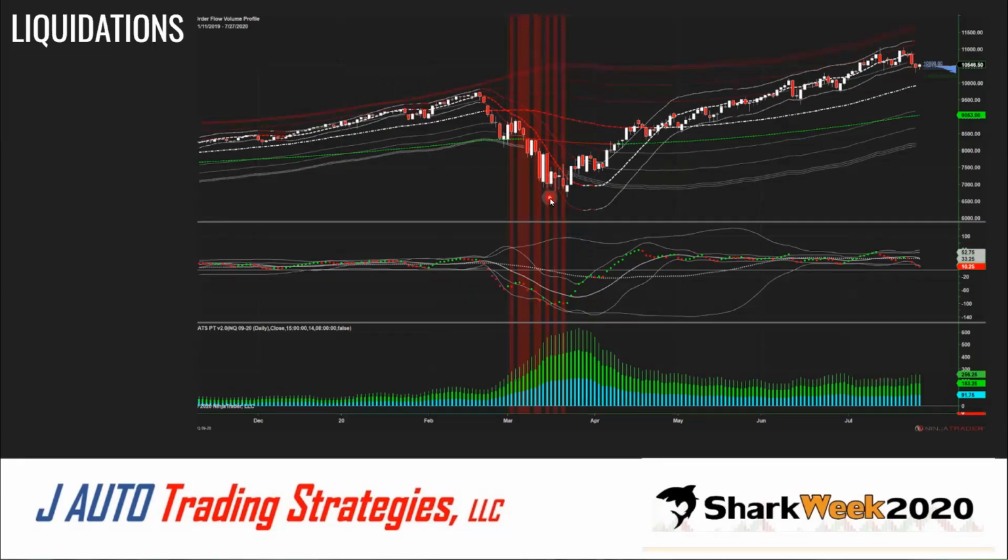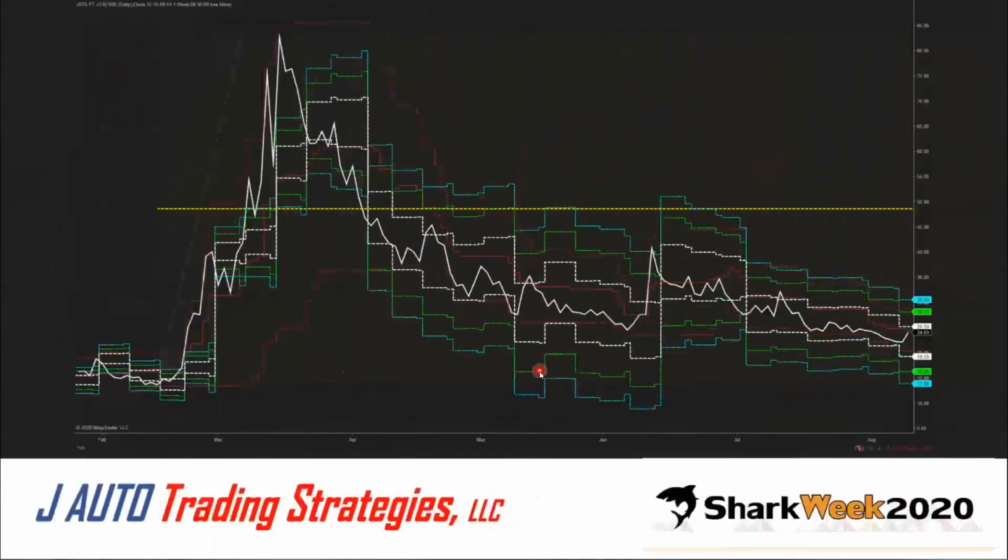And this is a liquidation event, obviously. There's nothing you can do when people start closing their accounts. That's just going to happen. The institutions normally will hold through a down dip. They did not do that in March. They held on for a while, and then even the institutions started selling off, and that caused that second leg. So when everybody closes their accounts, that's why you got that Six Sigma. You just need to get out of the market. It's way too expensive. I tried to go in there a couple of times and I got my butt handed to me, let me tell you. So I just have to be careful.